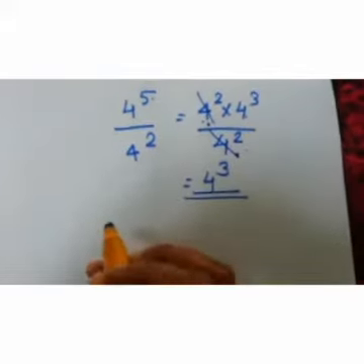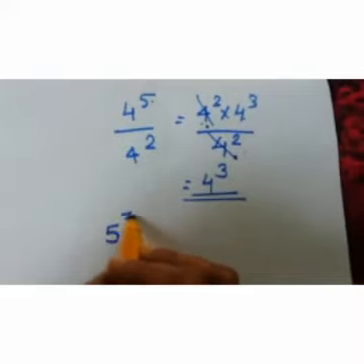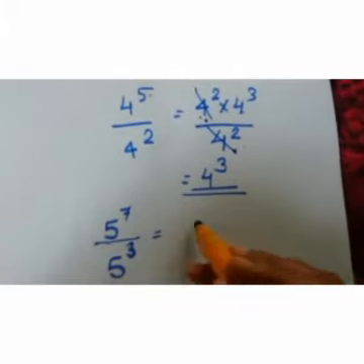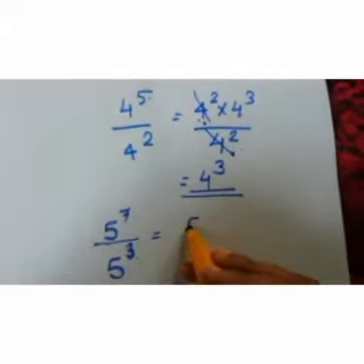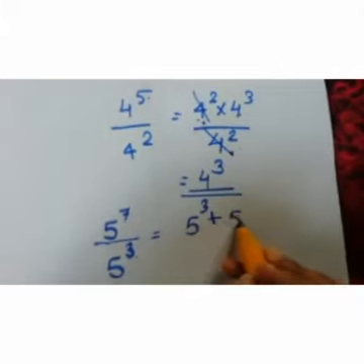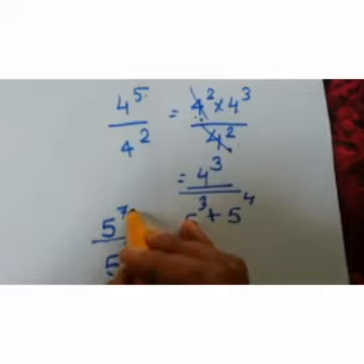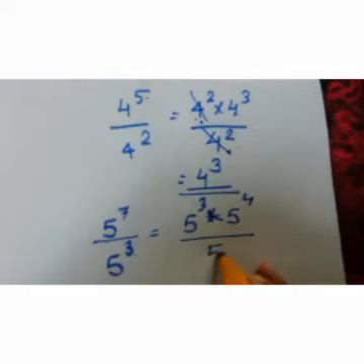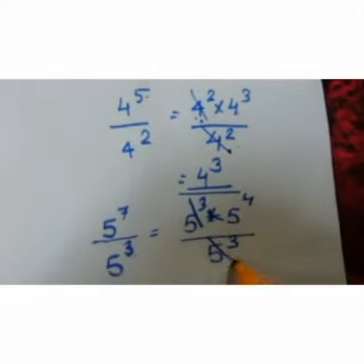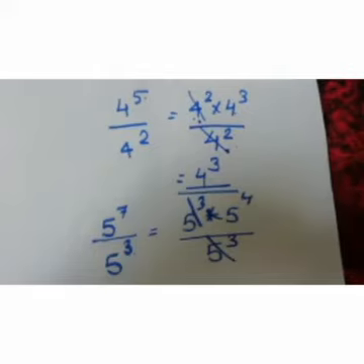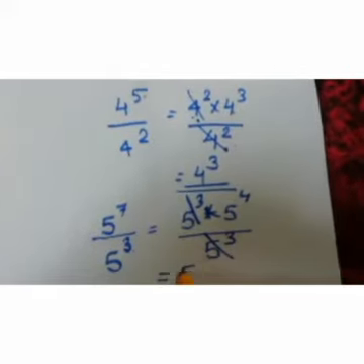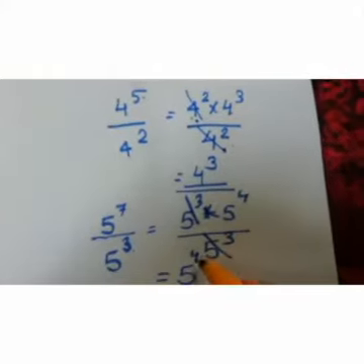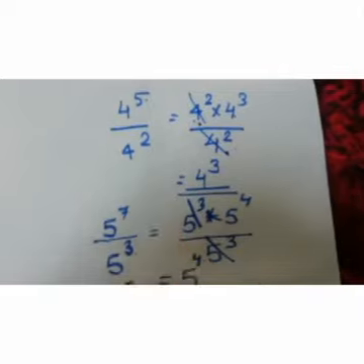Likewise, we can compute 5 raised to 7 divided by 5 raised to 3. 5 raised to 7 can be expressed in terms of 3 like 5 raised to 3 plus 5 raised to 4. 4 plus 3 is equal to 7, divided by 5 raised to 3. Both in the numerator part and denominator part should be cancelled. The final answer should be 5 raised to 4. Whatever it is, the answer of 5 raised to 4 is the answer we get when we divide these two terms.